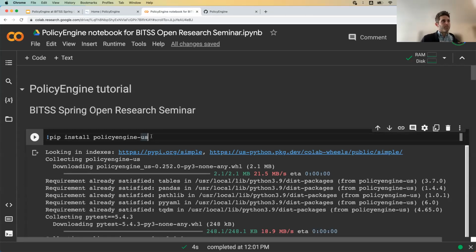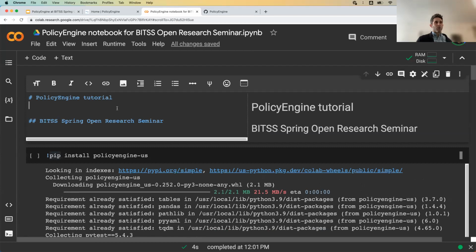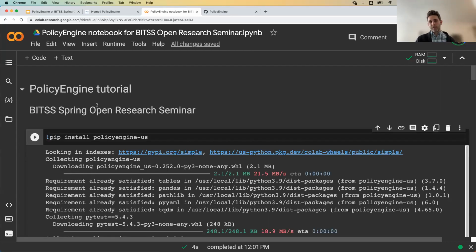Okay, so there's a few steps. The first step is, if you haven't used a Colab notebook before, this is a web-based Python notebook. There's a couple parts to Python notebooks in general, or Jupyter notebooks. They can actually be other languages as well. You've got these markdown cells, so you can just type and format your text in that way. And you have code cells. Code cells just operate and you can execute them as if it's a Python script.